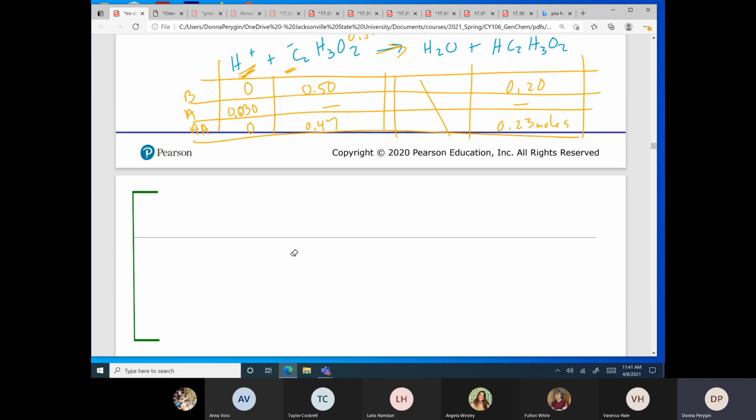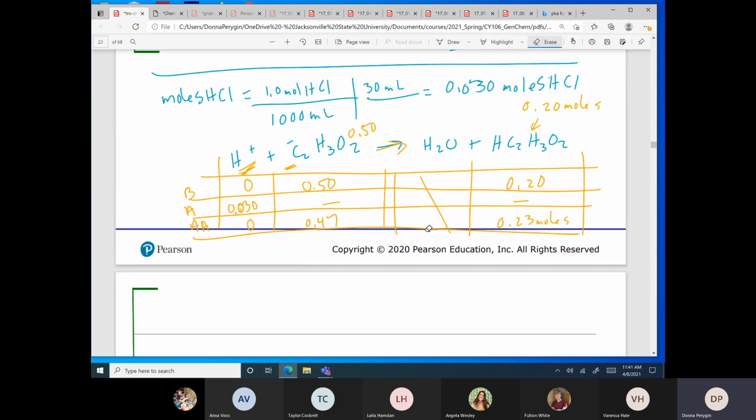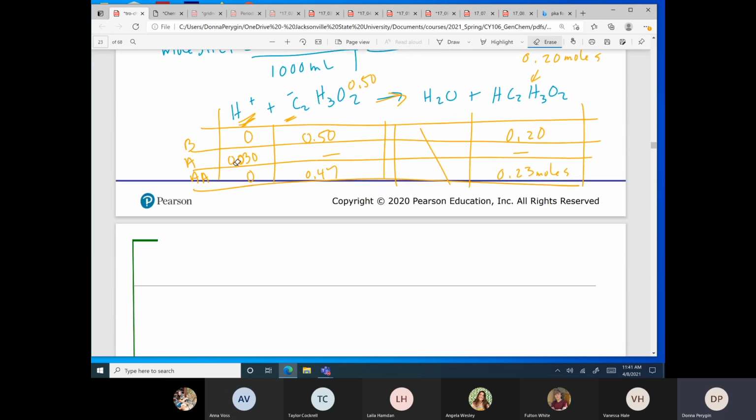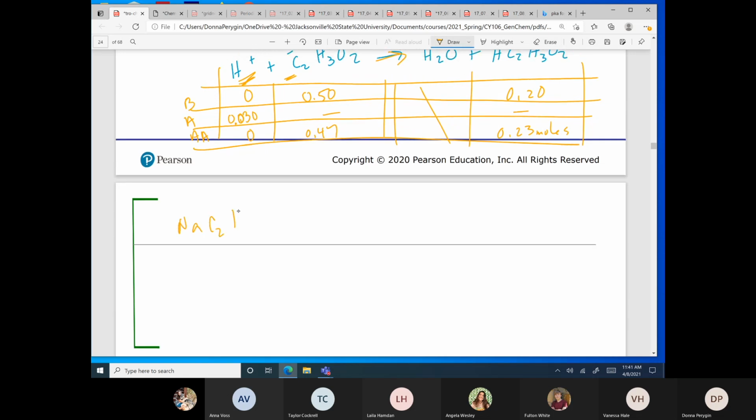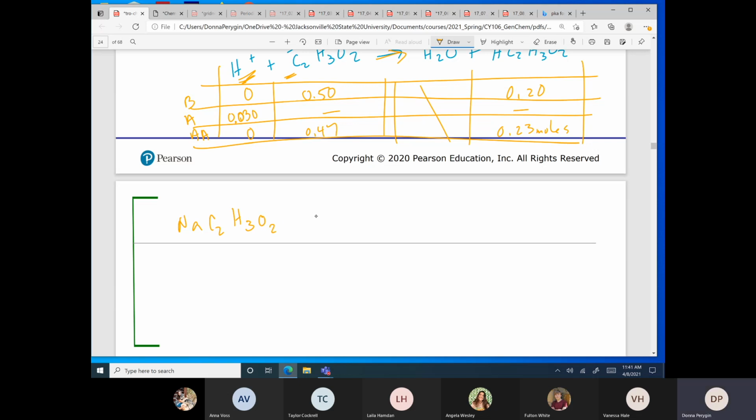Okay, so we had a 1 liter solution in our original buffer. So we had 0.50 molar of this, 0.20 molar of this. That was our original buffer. So we've got 0.5 moles of this and 0.2 moles of this. Okay, but we added 30 milliliters of the sodium hydroxide solution, right? 30 milliliters of 1 molar, I'm sorry, hydrochloric acid solution. So we have to say that for the acetate, we've got